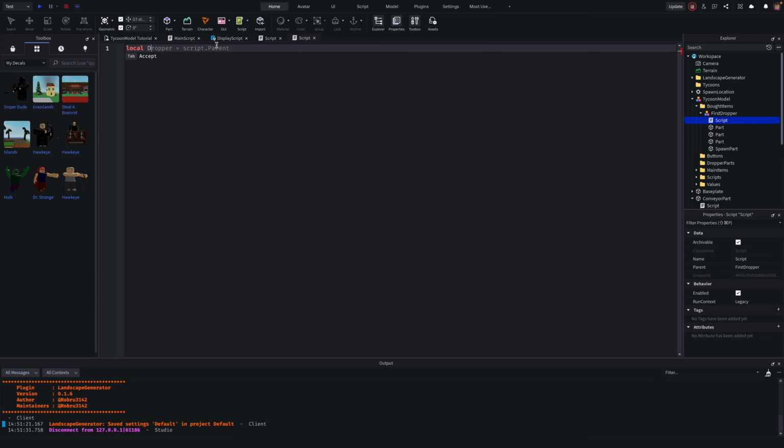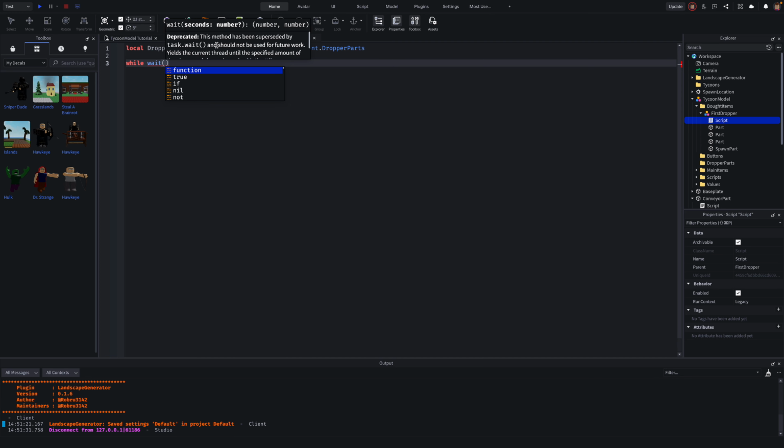Local dropper parts folder equals script.Parent.Parent.Parent.DropperParts, just like that. And then go down and do while wait,